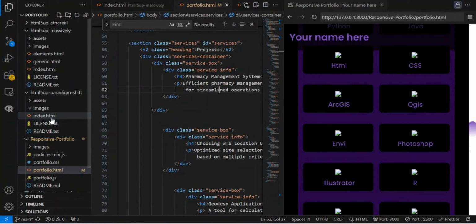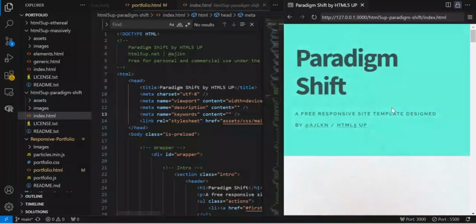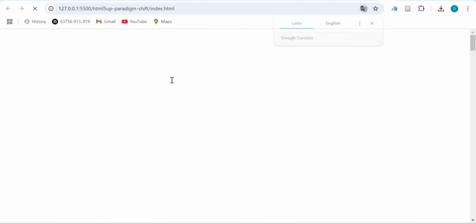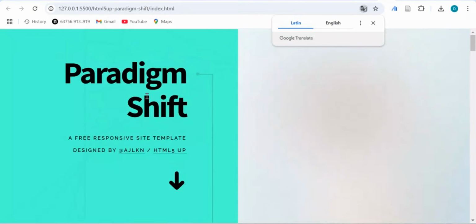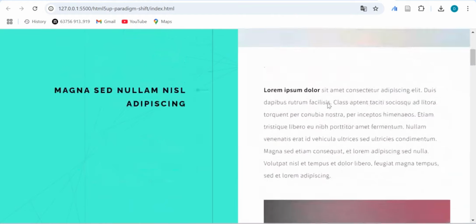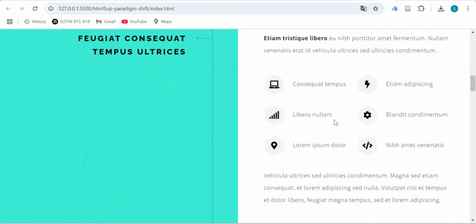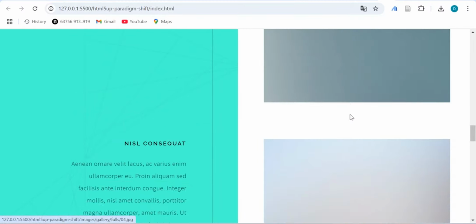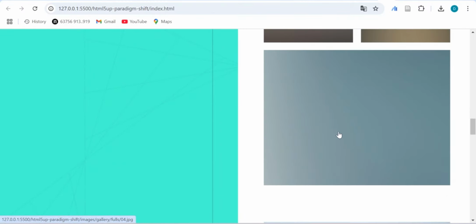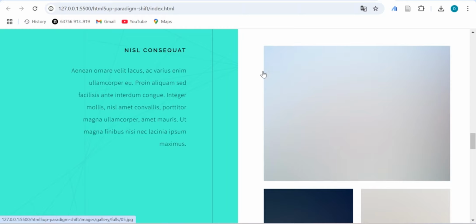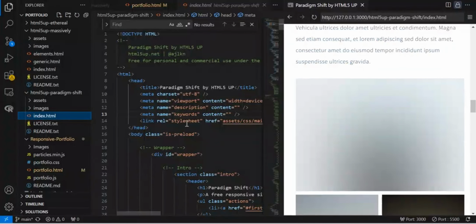There is also one last one that I wanted to show you. That also looks fancy. You can also use it, maybe let's show it in a bigger size. Yeah, you can edit this one. Instead of paradigm shift, you can put down your name, add a short description over here, and then all your projects. Project 1 can have an image source, project 2 can also be there, and so on and so forth. I think what you have to do more in this one is not so much text, but the image with just a short description that when the user clicks on it, it takes them somewhere for them to read more info about your project.